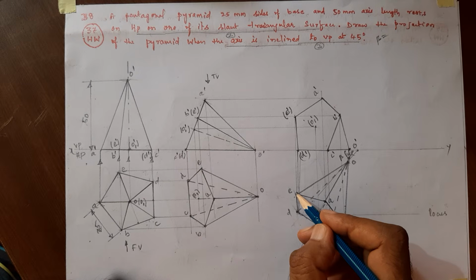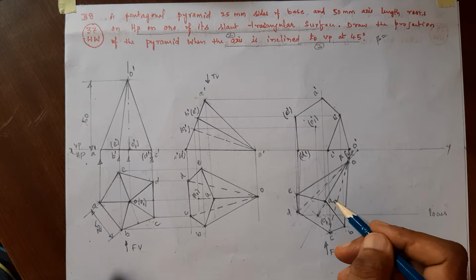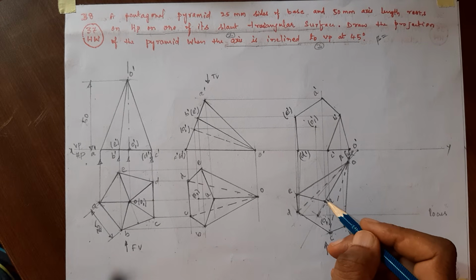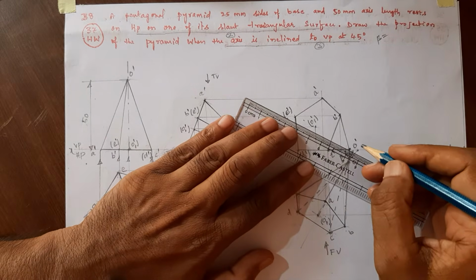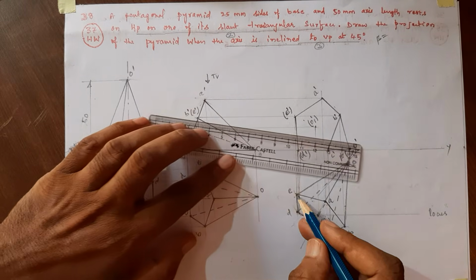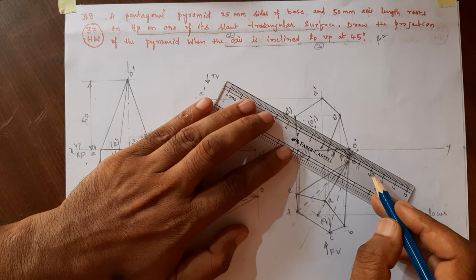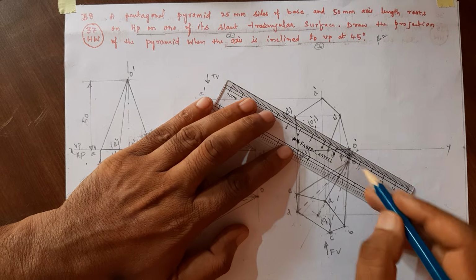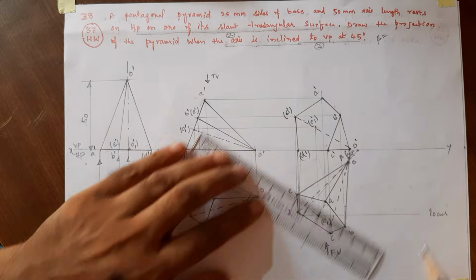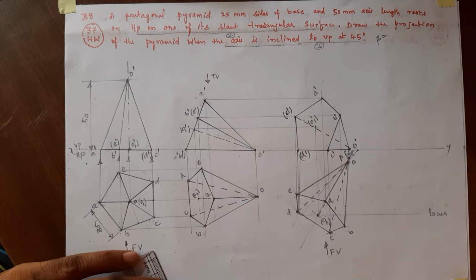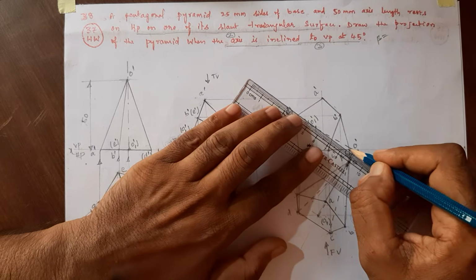Only E is invisible and A only. C E is invisible. So draw with dashed lines because C is far away from the observer. So draw with dotted lines. Then the axis. So the axis is also on the same line.